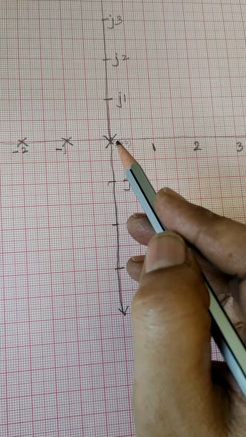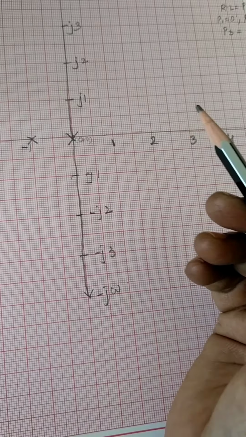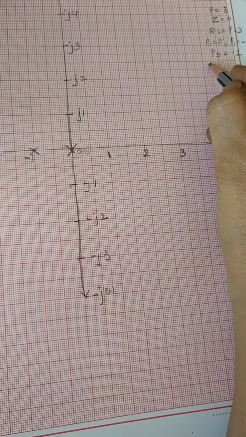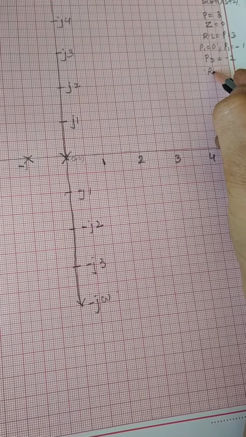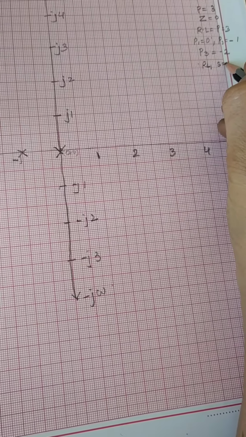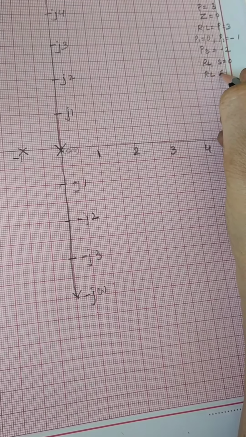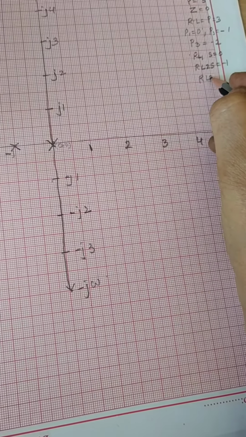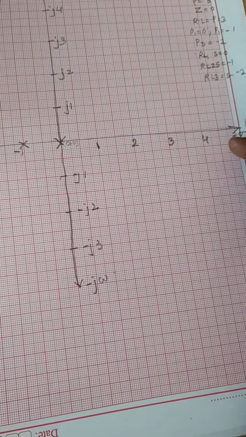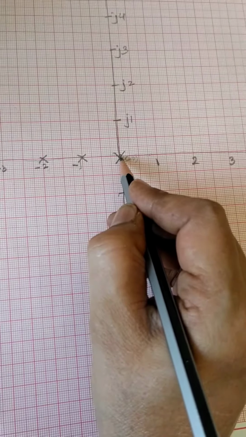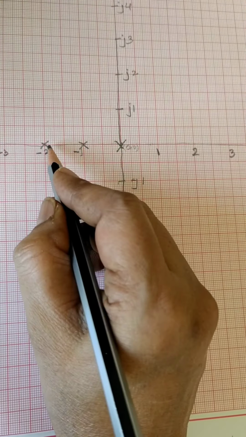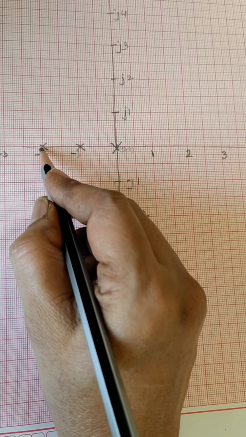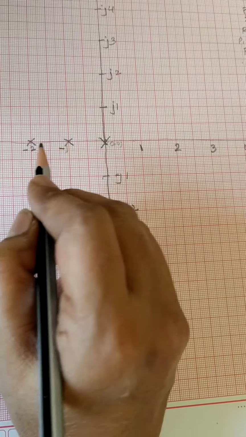Okay, so the root loci start from the open loop poles. We know that. So for one root locus, let us say RL1, the root locus starts at S equal to 0. Another root locus, RL2, starts at S equal to minus 1. And the third root locus, RL3, will start at S equal to minus 2. Now we have to see how these root loci move on the negative real axis.